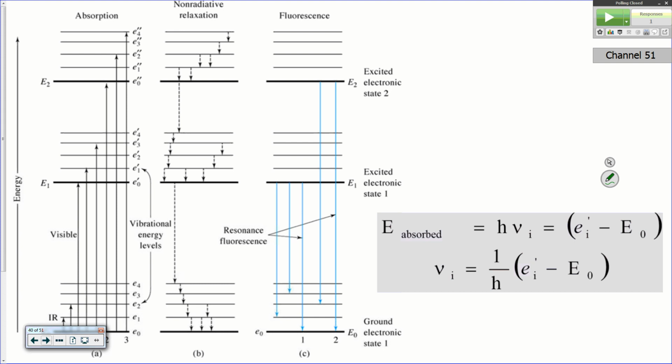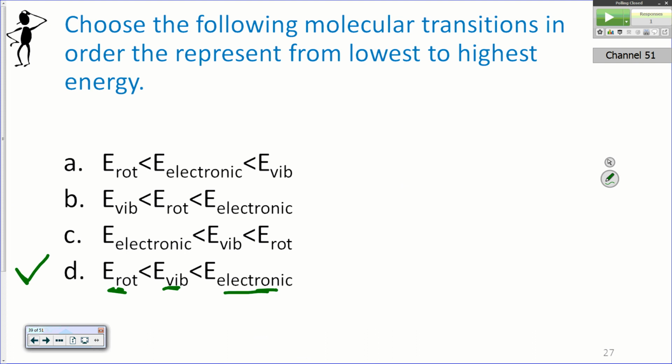Yes. So if we go back and think about the different transitions, the rotational ones are going to be occurring in the microwave region, so you're talking about centimeters wavelength. The vibrational transitions are occurring in the infrared, and finally the electronic are going to be in the UV-vis. So each one of those is in a different region.